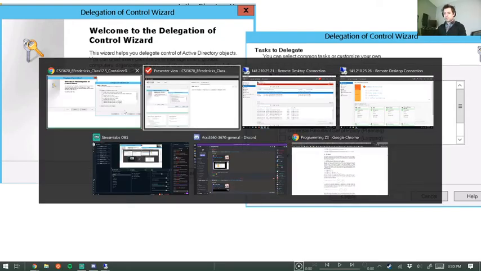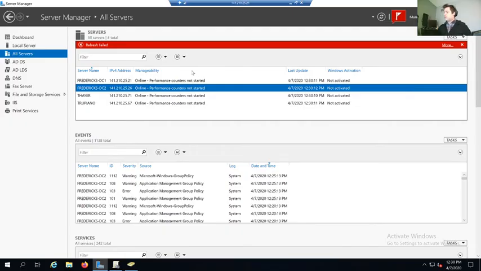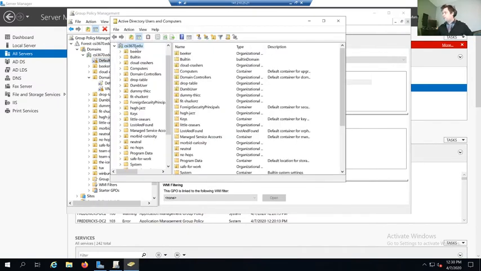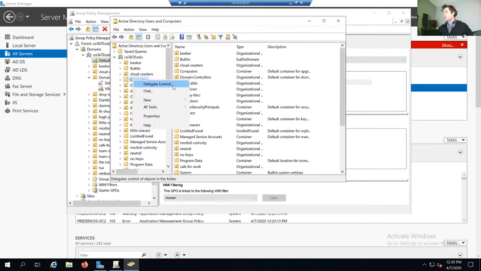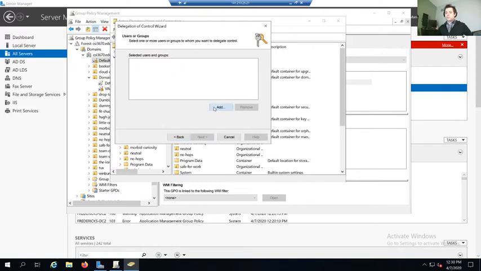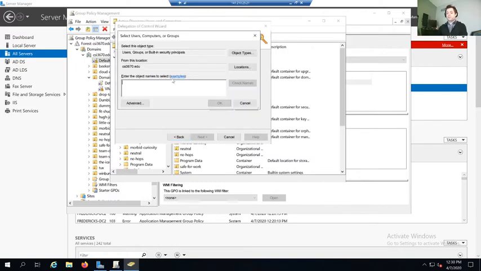So for instance, I can pull this up in here. If I go into Active Directory Users and Computers, I right click on, say, computers. I can delegate control. So here's my little wizard. I can add users or groups. So let's say CSI3670 temp.